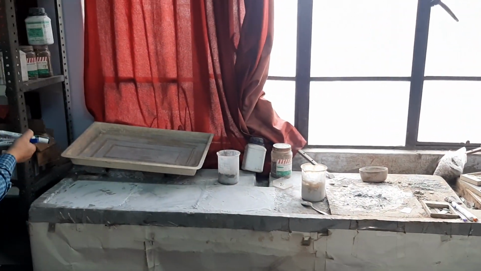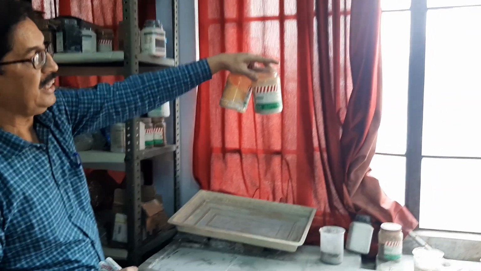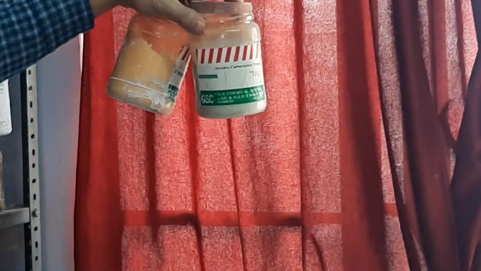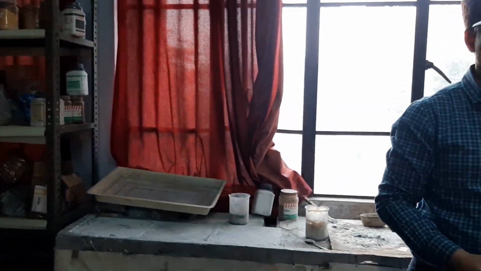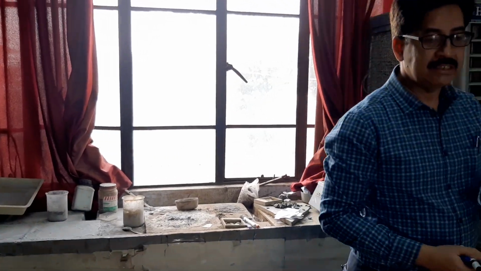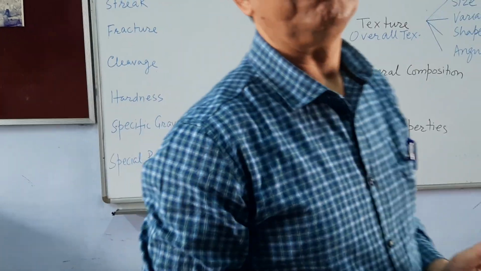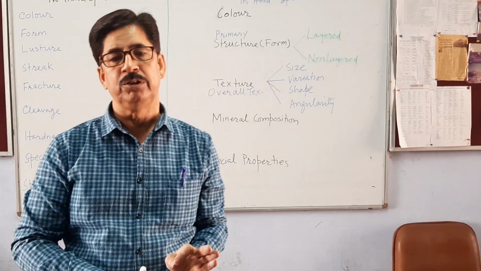You can see we have different abrasives of different grade. Mostly they are aluminum carborundum powder, and by rubbing this on different grain size, then we make a thin slice of minerals, and we study that in the rock. We study rocks as well as minerals both under microscope to get the exact nature of that very mineral or the rock. So that is the brief introduction which I have given to you.